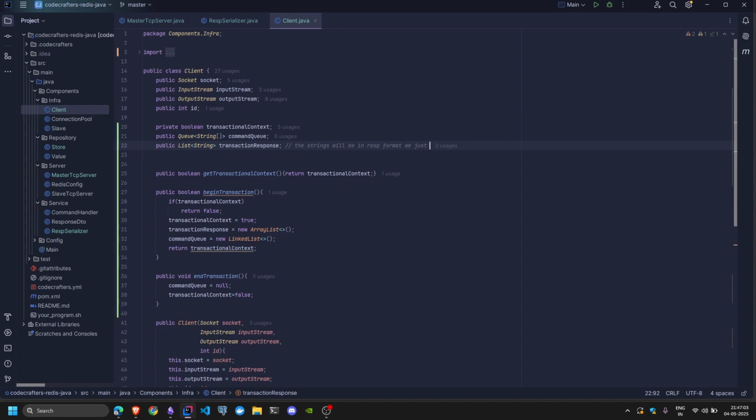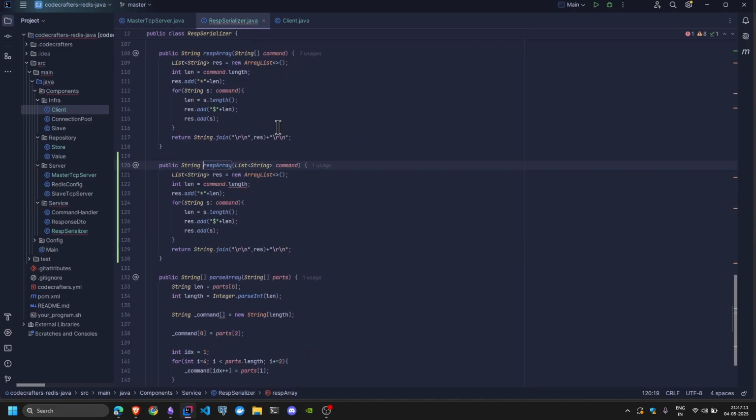We just need to make a resp array out of it. All right. So back in my resp serializer, along with this, I should add /r/n, and instead of length, it's